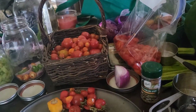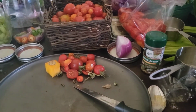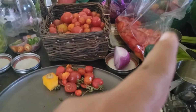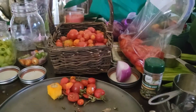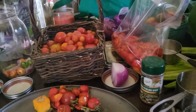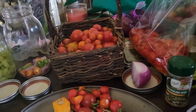I'm going to fill this up because I'm going to use it to make a batch of sauce when I make my ultimate spaghetti. I'm just not doing that today, so I just want to put them in the freezer for now. So once I fill that up, anything that's left out of these will go back in the dehydrator since the peppers are done. And I will do tomato powder. I'll dehydrate those down, do tomato powder, as well as